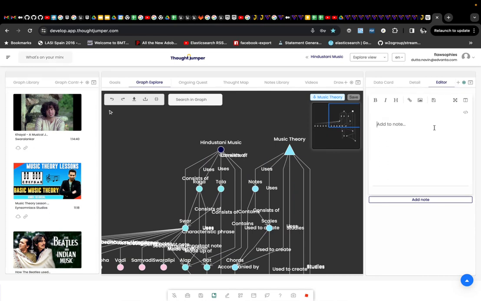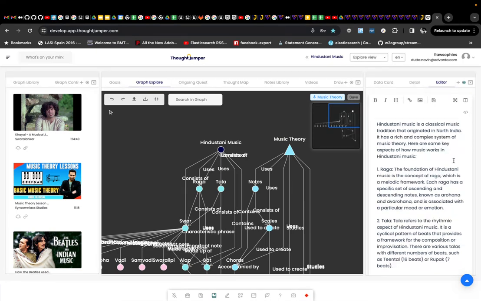So, this graph was with the question: how does music theory work in Hindustani music? I started with this question, and it gets me a brief summary of how music theory works in